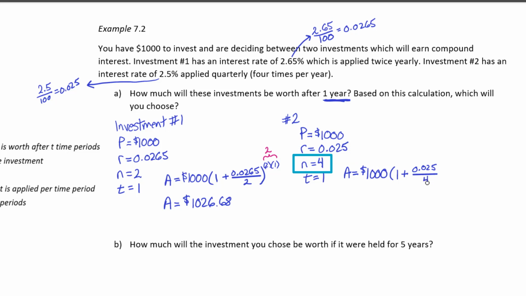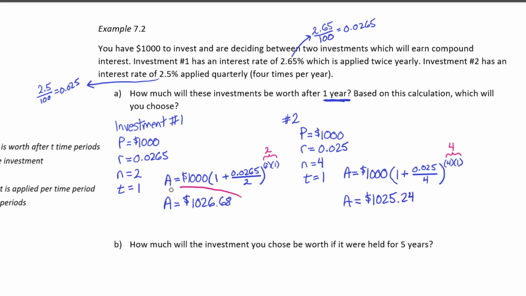So all I'm doing is just plugging in the values that we collected into our formula. Raised to the power of N times T. N in this case is 4 and T is still 1. So that exponent is going to resolve to a 4. 4 times 1 is 4. So you're raising what is inside the parentheses to the 4th power. And what you get is